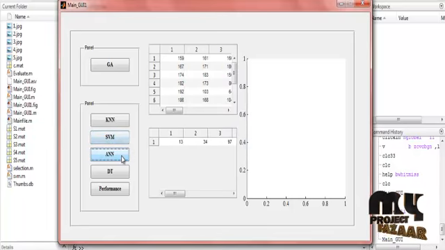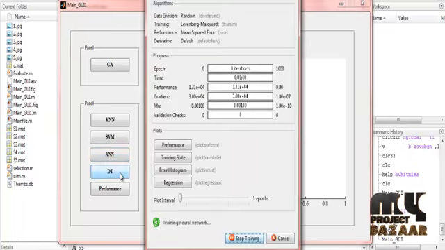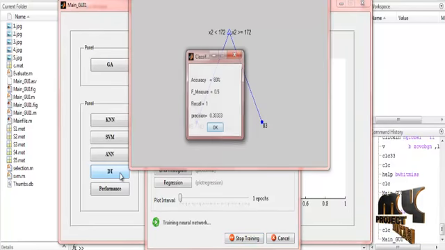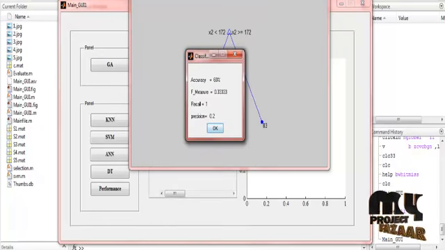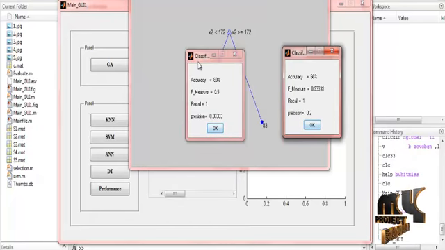Again I will open the artificial neural network. In the artificial neural network process, it also calculates the accuracy, precision, sensitivity and recall. That is the artificial neural network process. Similarly, the same process will be displayed for the decision tree. In the decision tree also it trains the process. In the artificial neural network it uses training tools and also displays them. So this is for ANN and this is for the decision tree.